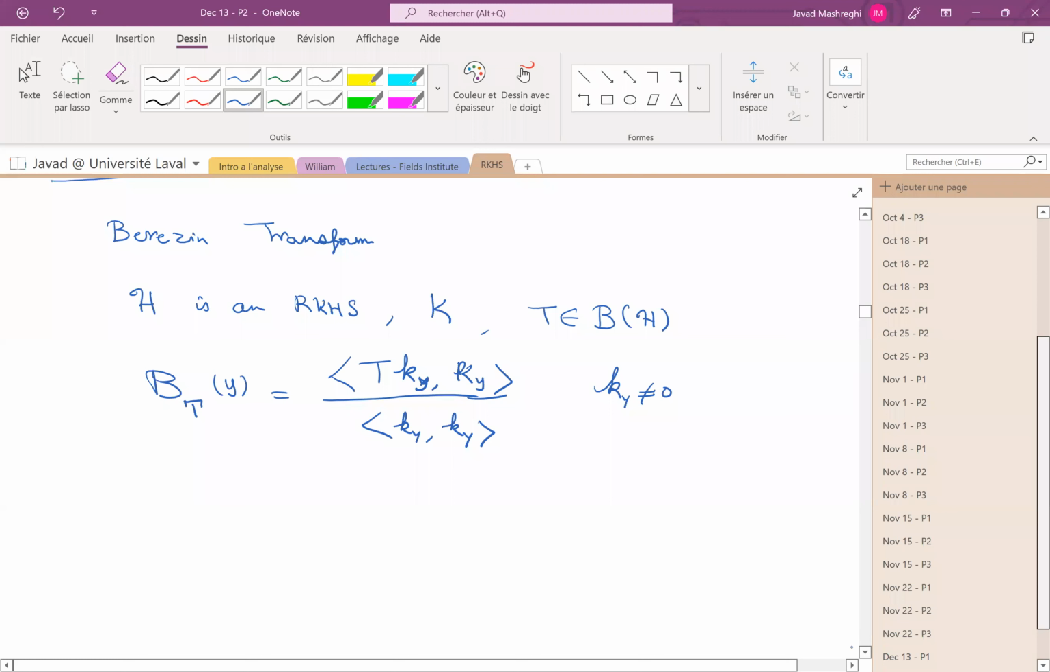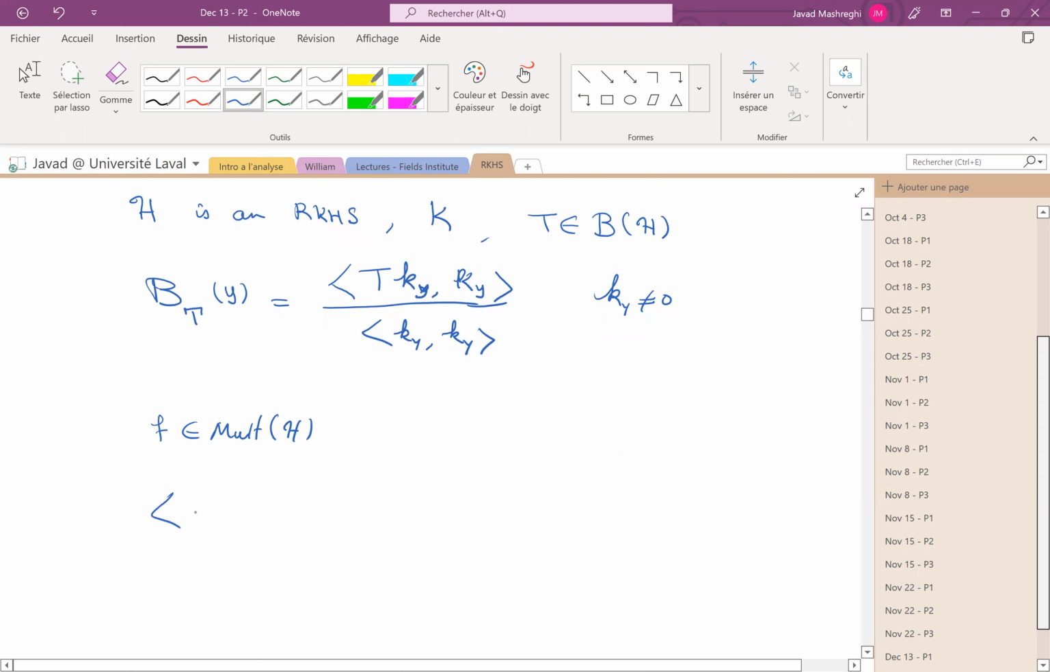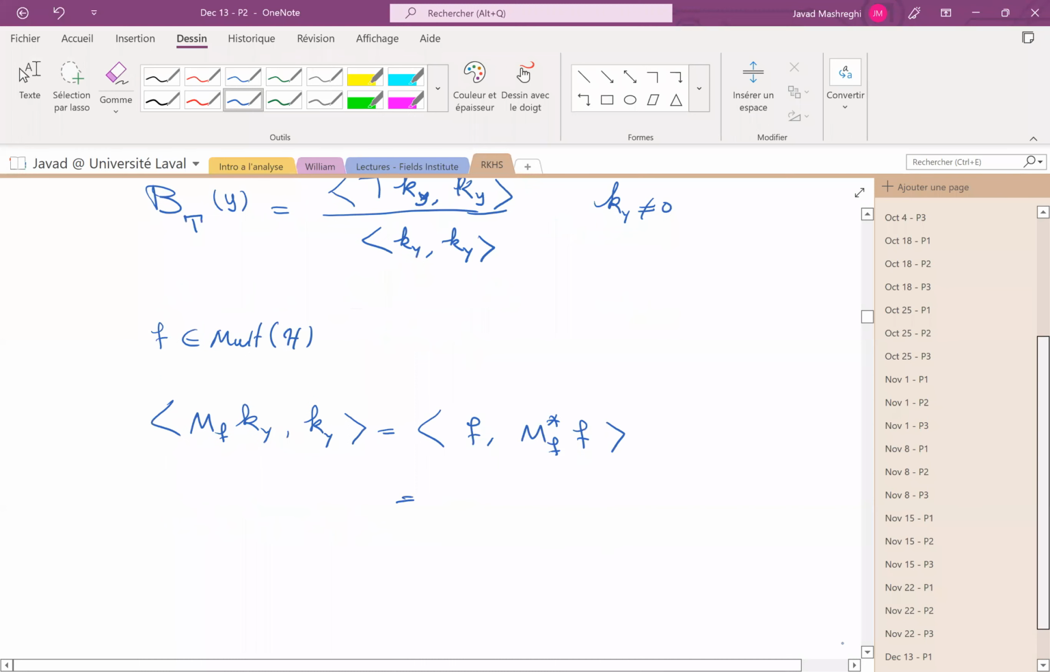The motivation for this, the way it is explained in the book, is that if you have a multiplier f, what can you say about M_f^* K_y? Well, as we did before, we can transfer it to the other side to obtain the adjoint, and then this becomes f